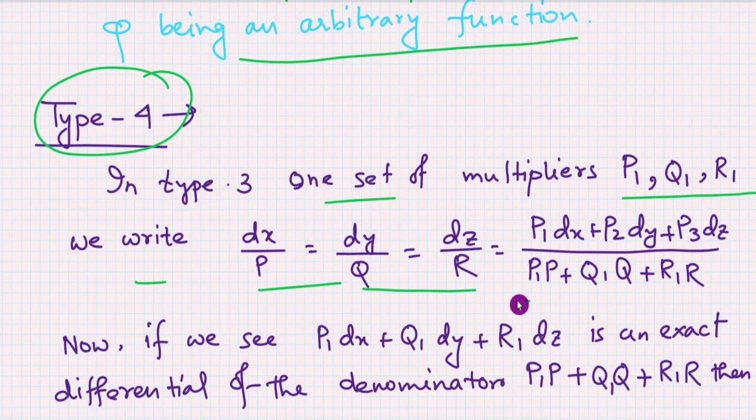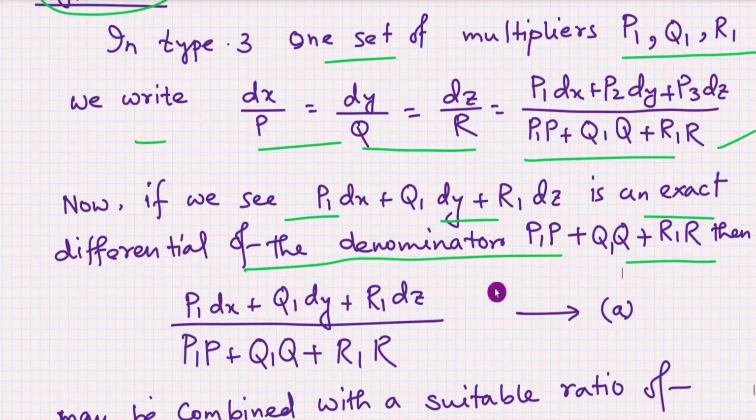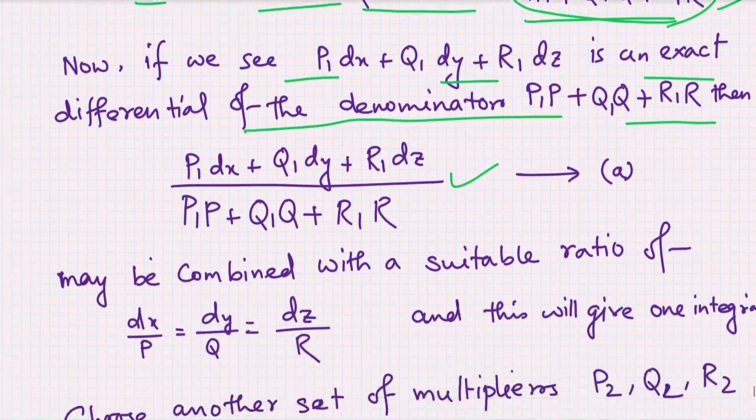This is equal to, we can write (p1 dx + p2 dy + p3 dz) by (p1 P + q1 Q + r1 R). Now if we see that p1 dx + q1 dy + r1 dz is an exact differential of the denominator p1 P + q1 Q + r1 R, that means the numerator is the exact differential of the denominator, then we can write p1 dx + q1 dy + r1 dz by p1 P + q1 Q + r1 R